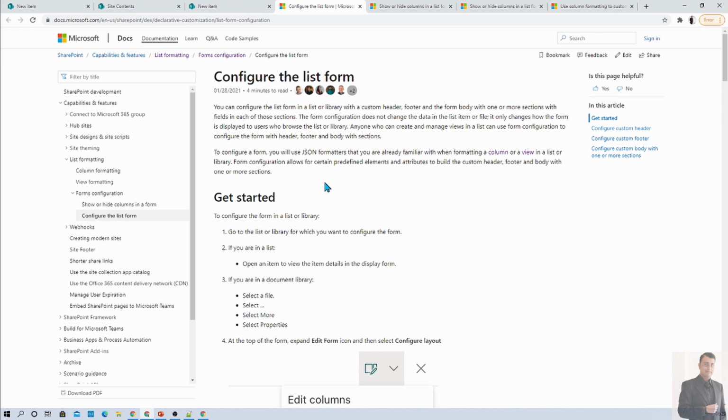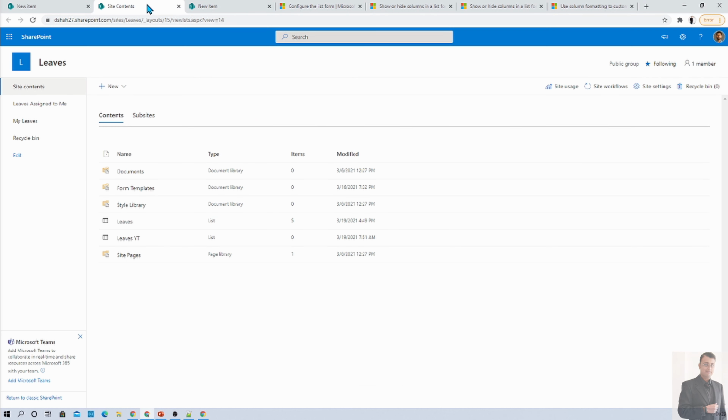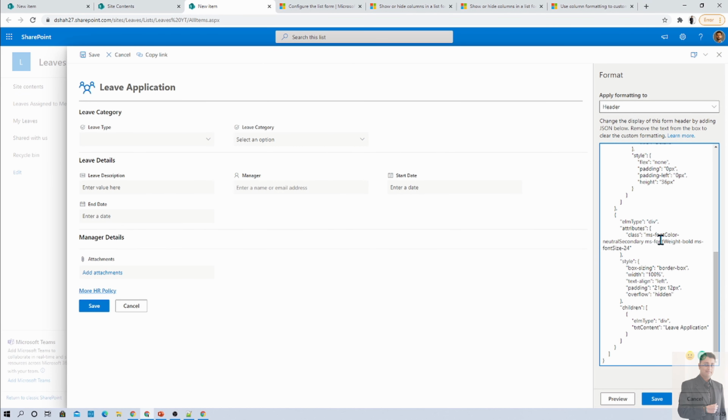Alright, one more important thing: this JSON formatting also supports conditional formatting. Let's say you are applying some styling on the elements you are creating, and you want to apply a condition that if your choice is something like this, apply this style, else apply that style. Even that is possible here. So that is one thing.